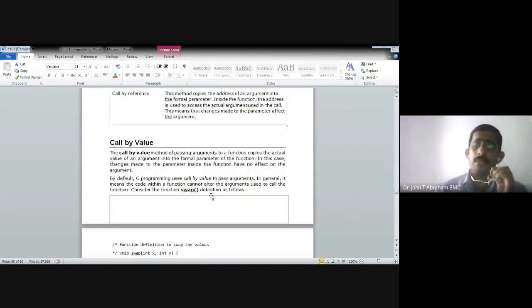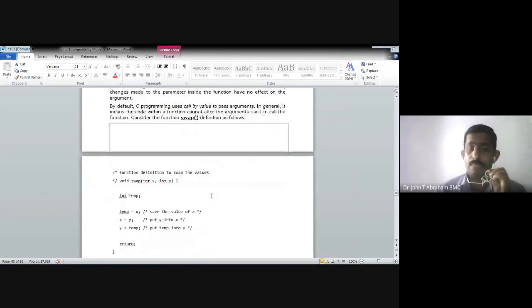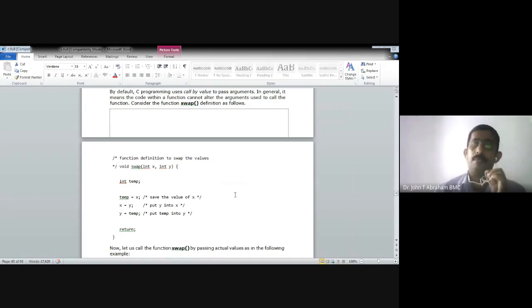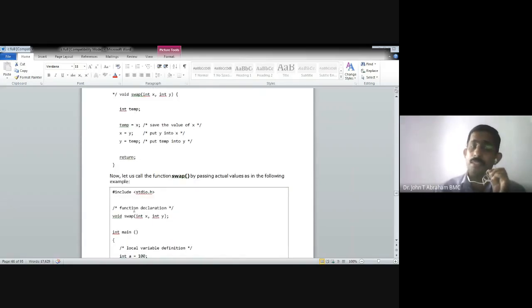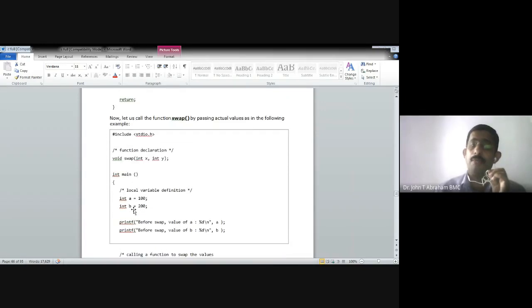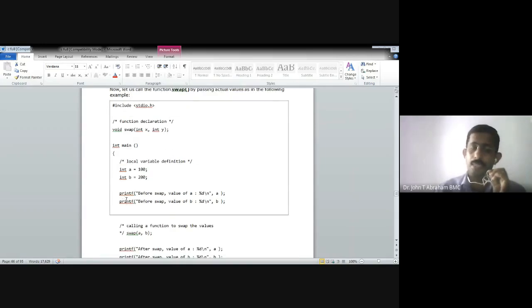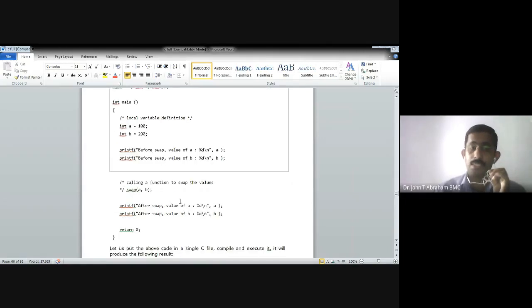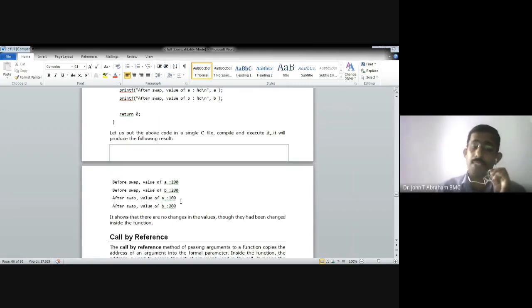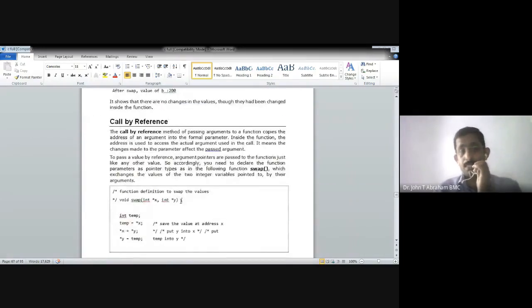Okay. Now call by value or call by reference we can see here. That is when we are using call by value. Suppose we want to swap two numbers: temp equals x, x is equal to y, y is equal to temp. That is the usual program we are writing. But the same thing we can do by using call by reference. We can use this for interchanging the values, and write the values before swapping and after swapping. But if we write the same thing using call by reference, see the difference.